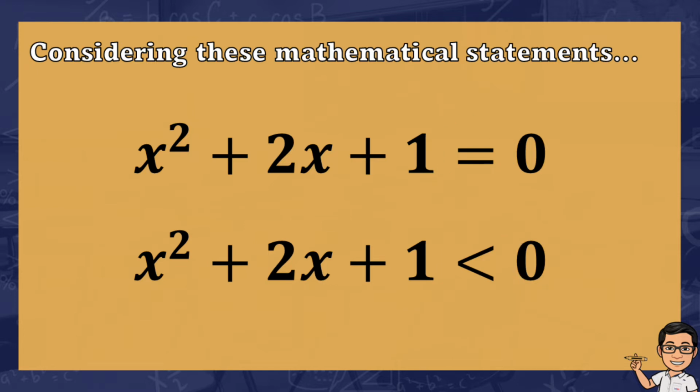So, parehas na ang highest exponent nila ay 2. So, therefore, parehas silang in terms of quadratic mathematical statement. Ngayon, kung babalikan natin yung naging lesson natin nung tayo ay nasa quadratic equation pa lamang, alam natin na ang isang mathematical statement ay matatawag na quadratic equation kung ito ay merong equal sign. So therefore, yung first example natin dito na x squared plus 2x plus 1 is equal to 0 ay isang uri ng quadratic equation. Okay, so yung pangalawa, ang ginamit na symbol dito is less than, yan yung tinatawag nating